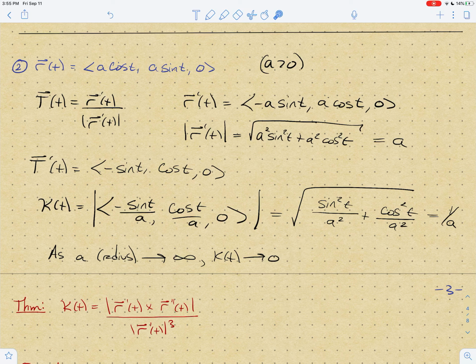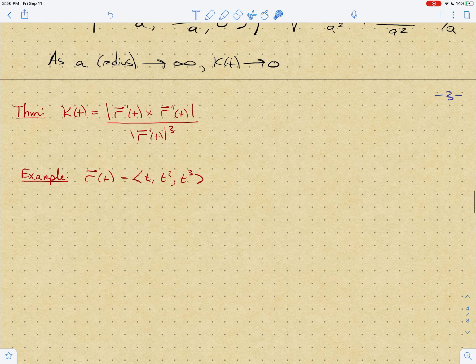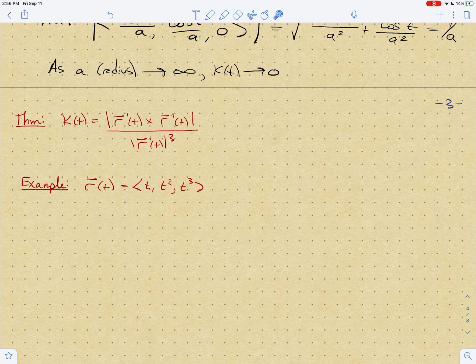But we're not going to go over that in the video today, but I do want to work out an example where we use that together. So let's see if we can do it. And here's the example that we're going to do, r(t) = (t, t squared, t cubed). And so let's begin. If I'm going to use this formula, then I need to find r prime and r